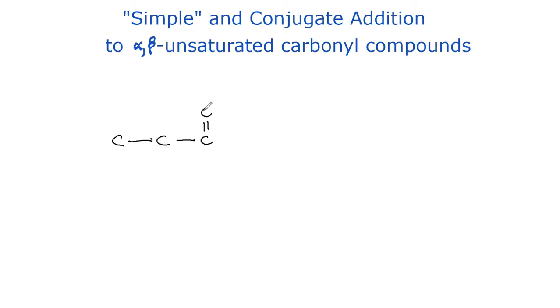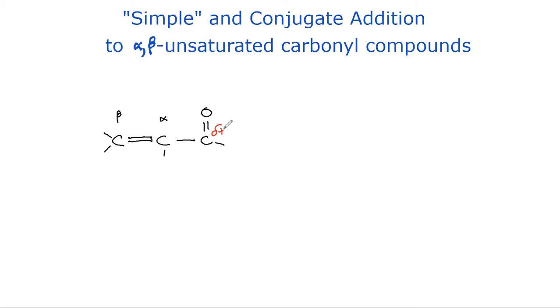And we need 3 carbons minimally to make that work. We need the carbonyl carbon itself. We need an alpha and a beta carbon, and we need the 2 of those to be connected by a double bond. So if we just flesh out our structure, here's what we have. And what we want to recognize is that the 2 electrophilic carbons, the 2 carbons that have a significant partial